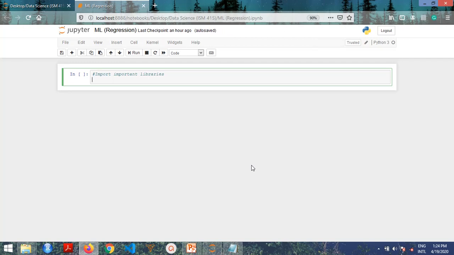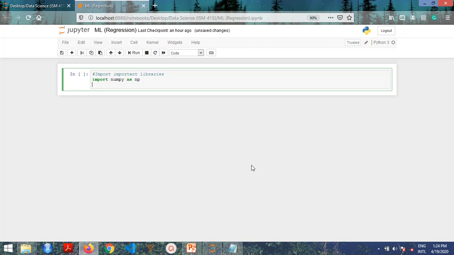So we say import NumPy. We can abbreviate it as NP. If you don't want to abbreviate it, you can just call it import NumPy. It doesn't matter. The next library we are going to import is our pandas library, which is very important for our data manipulation. So simply say import pandas